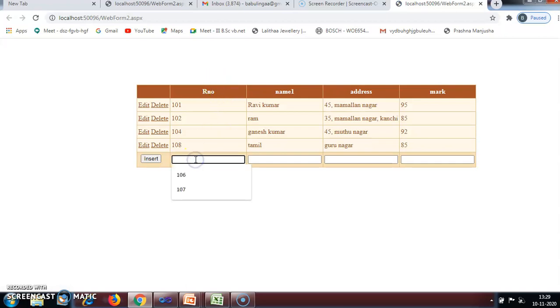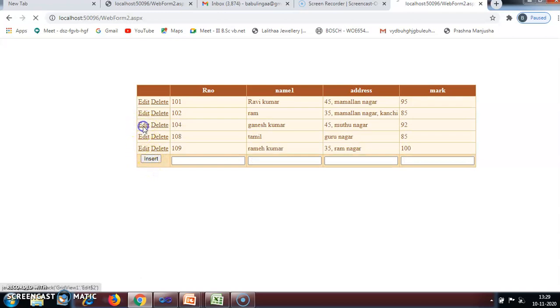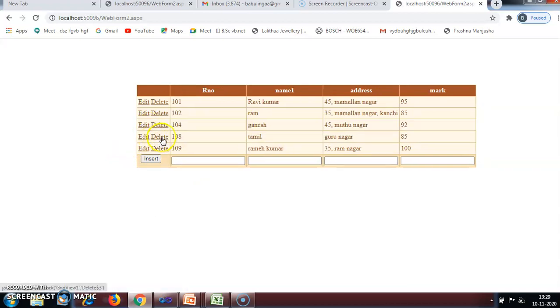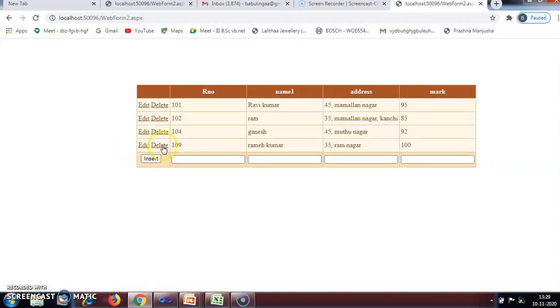So I am giving the values here. After giving the values, I am performing the insert operation. So your record will be added. You can perform update also, and you can perform delete also. The same will be updated in your database also.